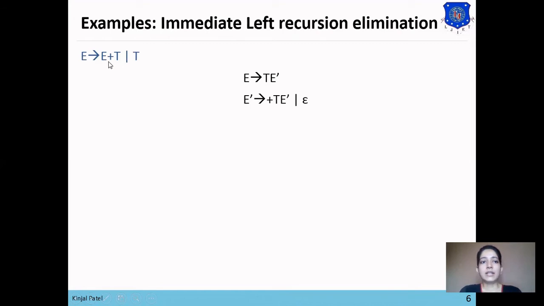Now select the remaining part, which is plus T. Our alpha is plus T. So we have selected plus T, and to perform the recursion on plus T, we have selected E dash. So plus T E dash or null, as our second alternative has been generated in the first level.